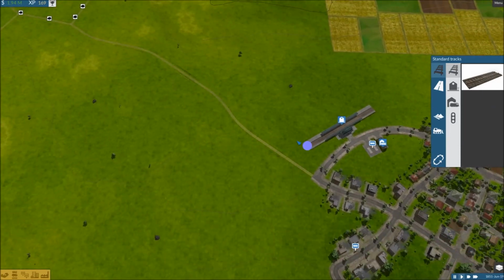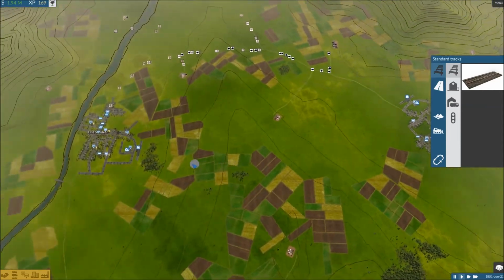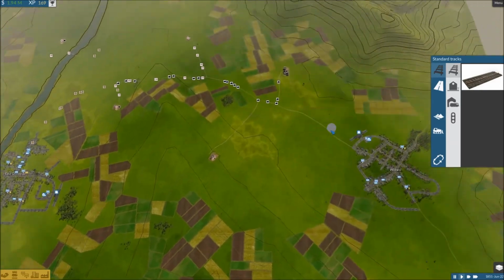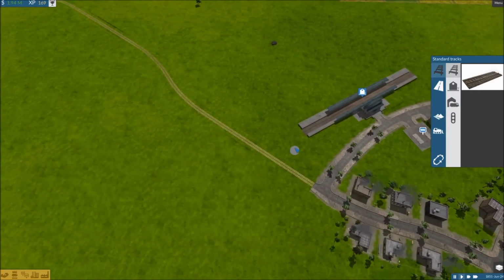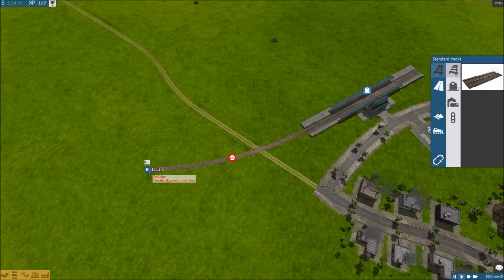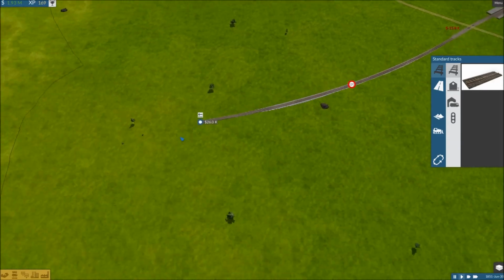I'm going to build everything on the inside. And the reason why I want to do that is because what that'll give me is the outside line to branch off to other places. And there'll be a little inside circle here. So let's get across the road however it wants me to. And then...